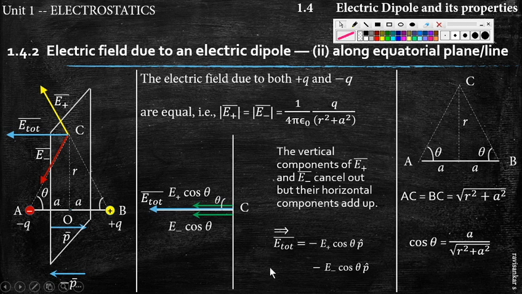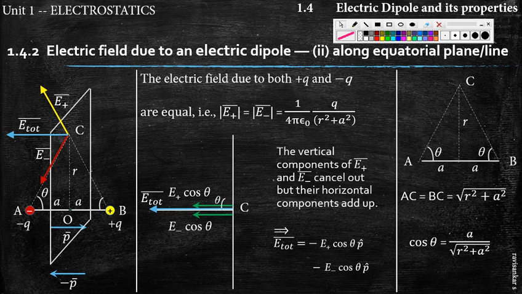And obviously the resultant is also in the same direction, since both of them are in the same direction, that is the negative x direction. But of course, even in the axial line, we have not used i cap or j cap for the notation of vectors. We have only used the p cap as the vectorial sign, or to denote the vector.